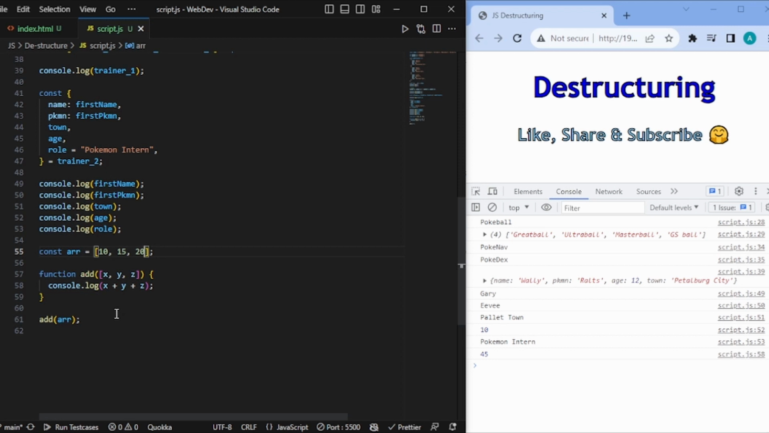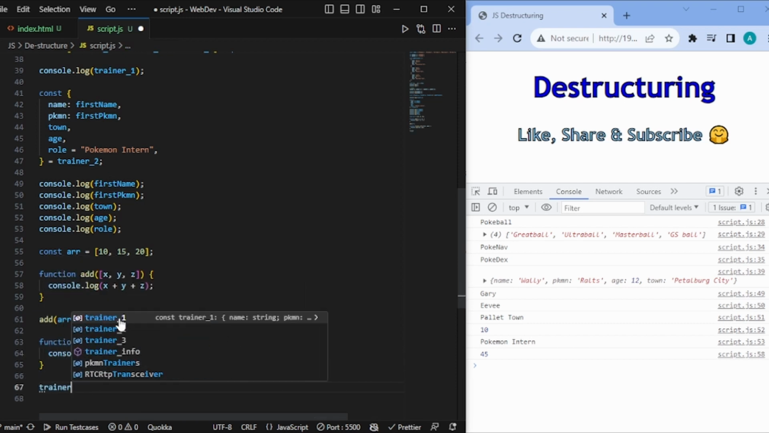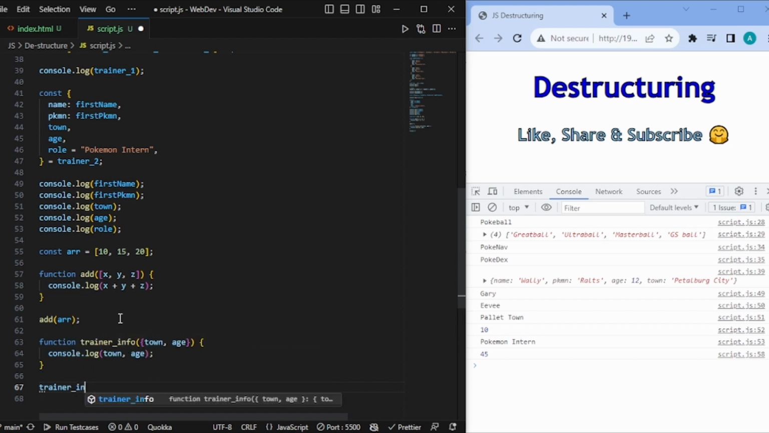And similarly I can also destructure objects. So let's say I'm making another function of, let's say, trainer info, and I want to pass a few things over here, and that will be in destructured format. Let's say I want to pass a town and age. Okay, and now what I want to log out is, I basically want to log out the town and age. That's it. And let's invoke this function trainer info, and you have guessed it correctly that what I will pass over here is